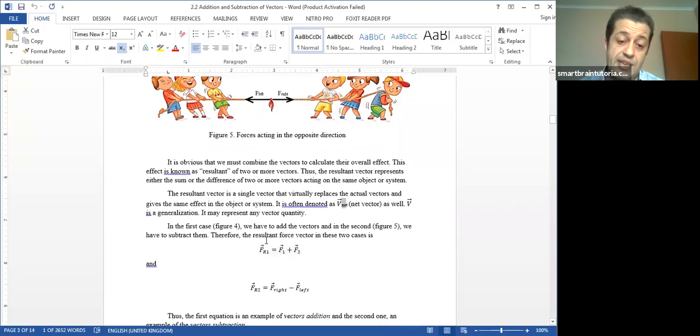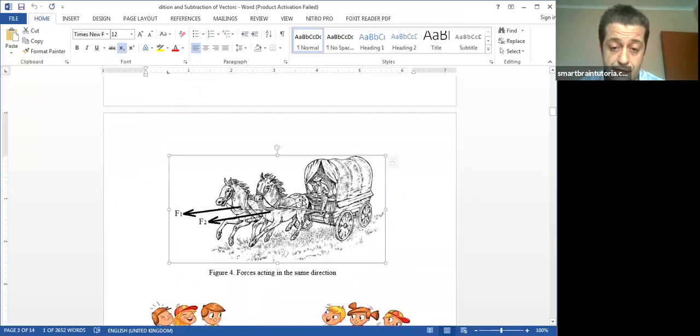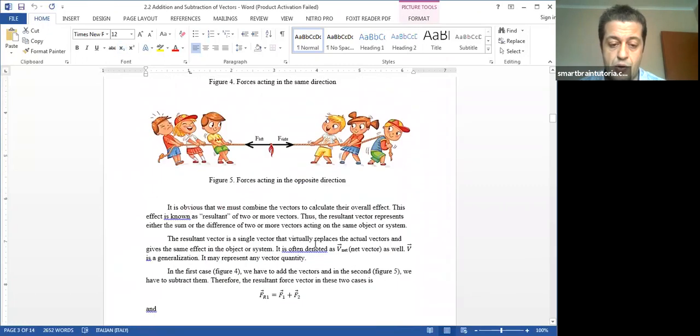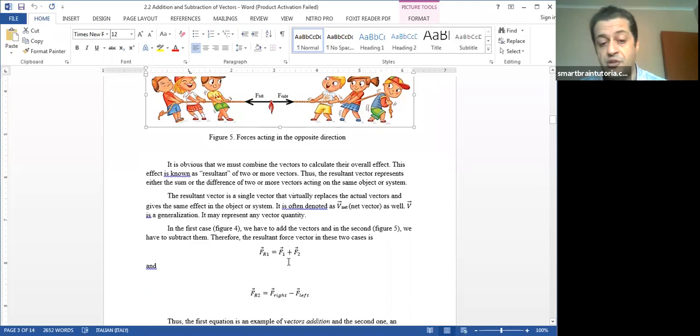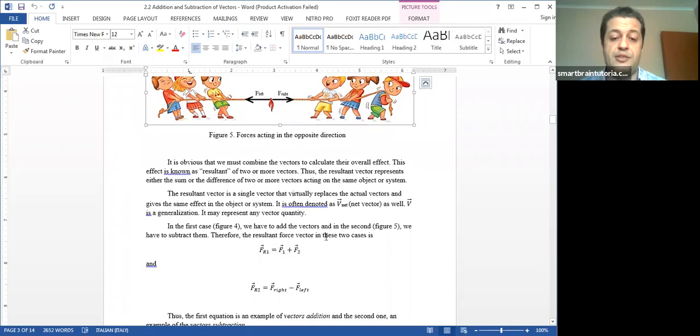Now, in the first case, in the figure above, we have to add the vectors, and in the second case here, we have to subtract them because they are in opposite directions. Therefore, the resultant force